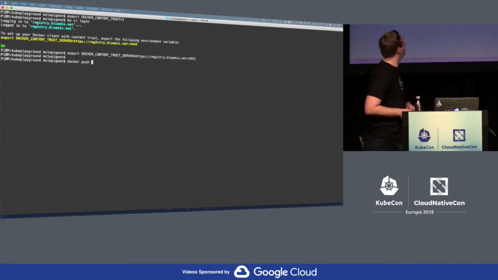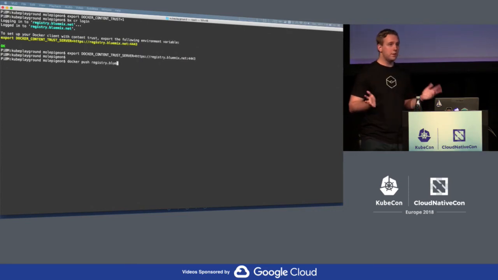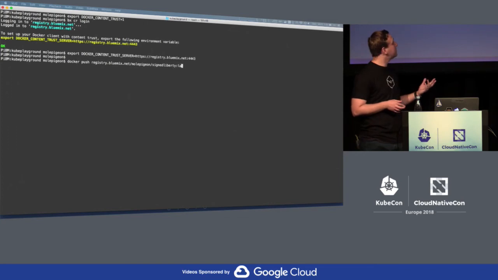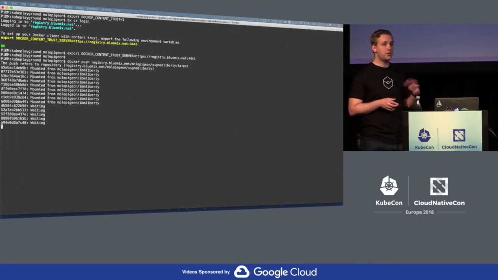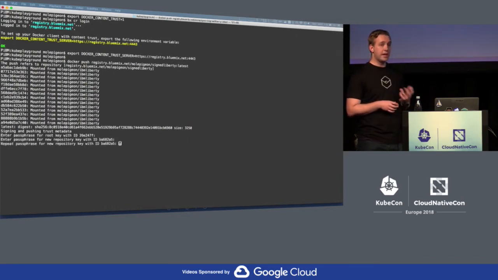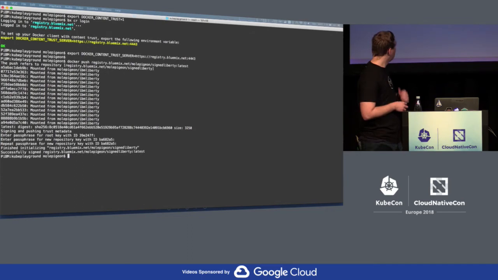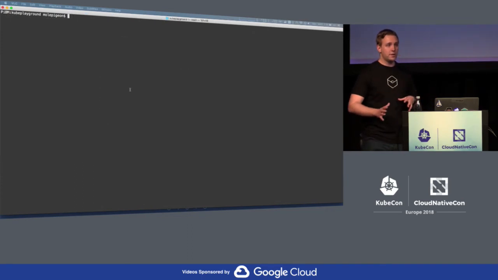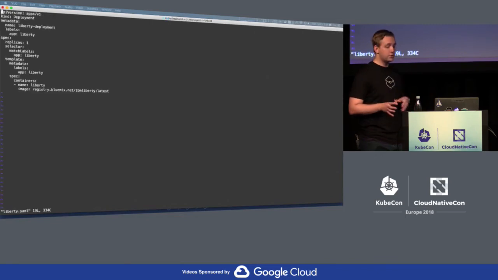And now we're going to push the image. So that's just a Docker push. It's exactly the same way as before. But this time, after pushing the image, it's also going to push some trust data into the Notary server. So that will prompt me to generate some keys. Excellent. And now that's a signed image, and that's signed in my private namespace in the container registry,